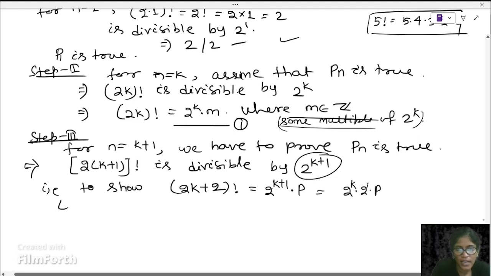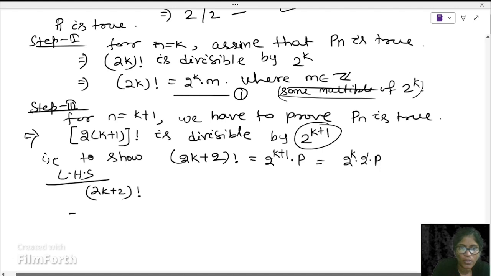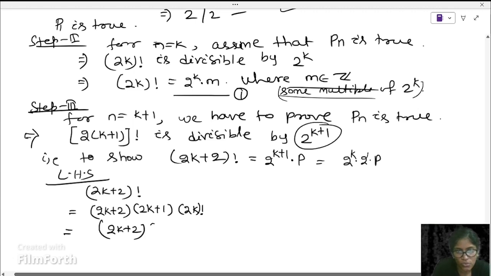Now from the left hand side, 2k plus 2 factorial, which we can write, that means multiplying from this number to its previous number: 2k plus 2 into 2k plus 1 into 2k factorial. Okay, we can write this. Now, in place of 2k factorial, from equation 1, we can put 2k plus 2 into 2k plus 1 into 2 to the power k into m, which is equal to,